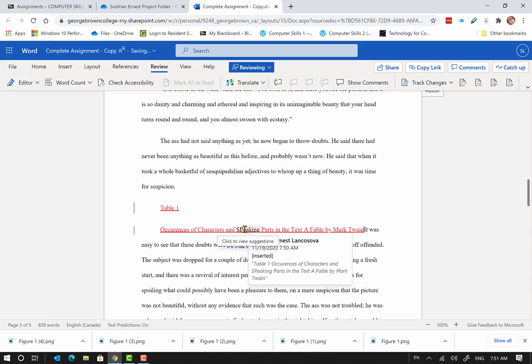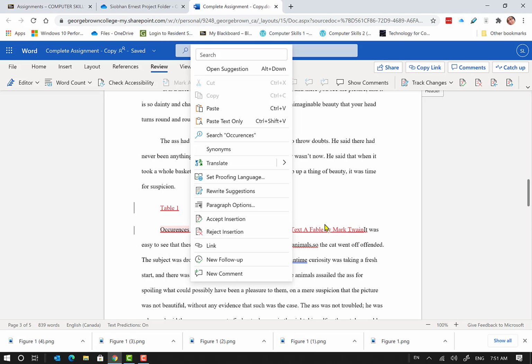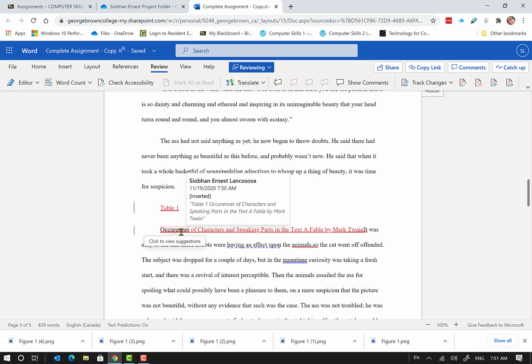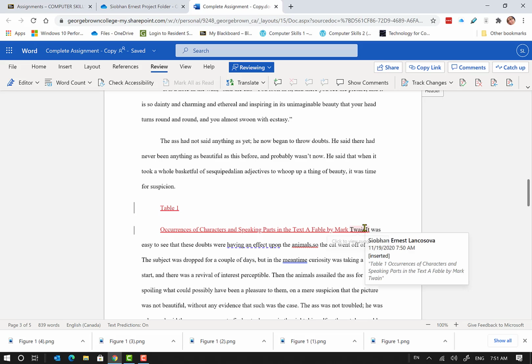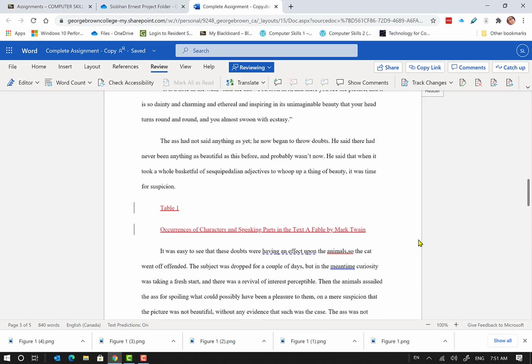And make sure that you've got the correct case and any corrections of spellings. Okay. I'm missing an R in occurrences, so make sure you have the correct case and spelling, and then press Enter at the end of the title